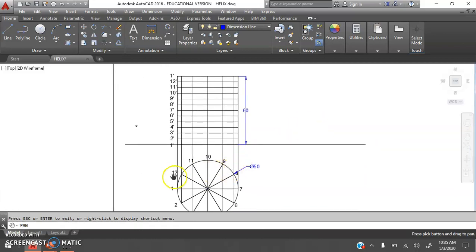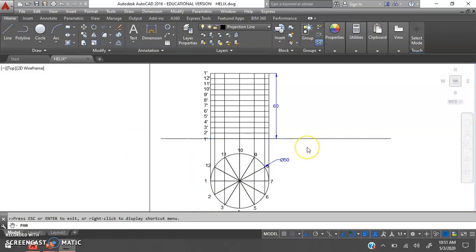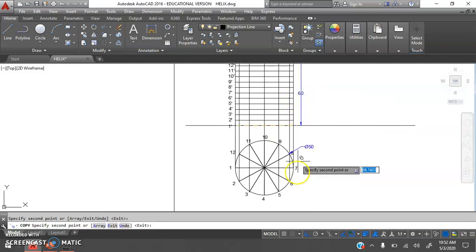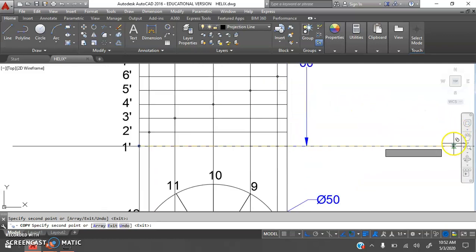Now after giving the namings, the next step is to take the projections. For taking the projection, let us follow point 1 vertical, 1 dash horizontal. So we have selected point 1. Similarly, take the projection of point 2 vertical and 2 dash horizontal, mark a point. Then similarly 3 vertical, 3 dash horizontal, 4 vertical, 4 dash horizontal, 5 vertical, 5 dash horizontal, 6 vertical, 6 dash horizontal, 7 vertical, 7 dash horizontal. So you just have to follow the projection and mark those points.